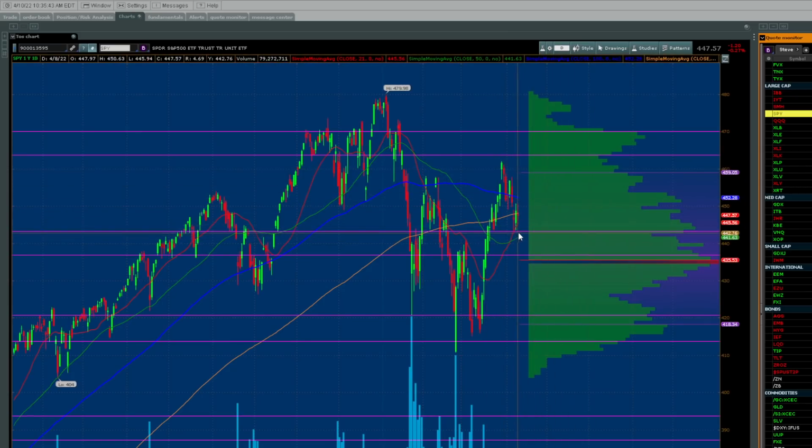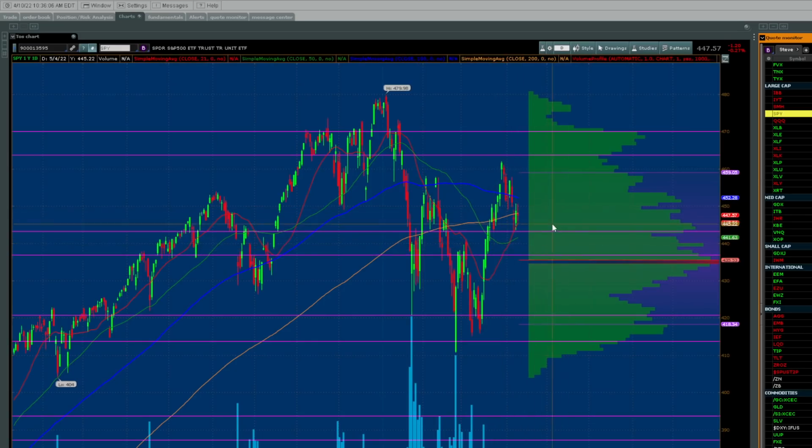It really needs to hold here, and it doesn't have much downside move to find out if it's going to. There's a lot of volume support below that. If it breaks down, now you're going to see SPY go from 440 and retest its lows around 420. So that's the big test right now, facing the S&P,